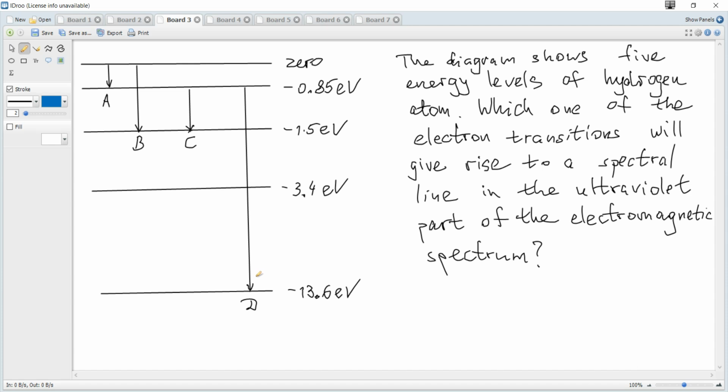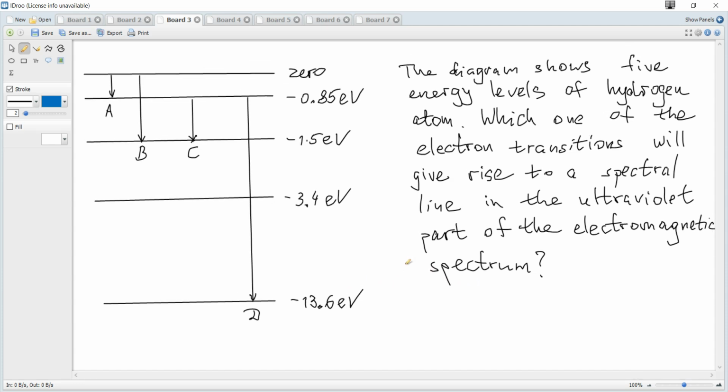The diagram shows 5 energy levels of hydrogen atom. Which one of the electron transitions will give rise to a spectral line in the ultraviolet part of the electromagnetic spectrum? So when an electron goes to the lower energy level, a photon is emitted, and we need the energy of this photon to be in the ultraviolet region, and